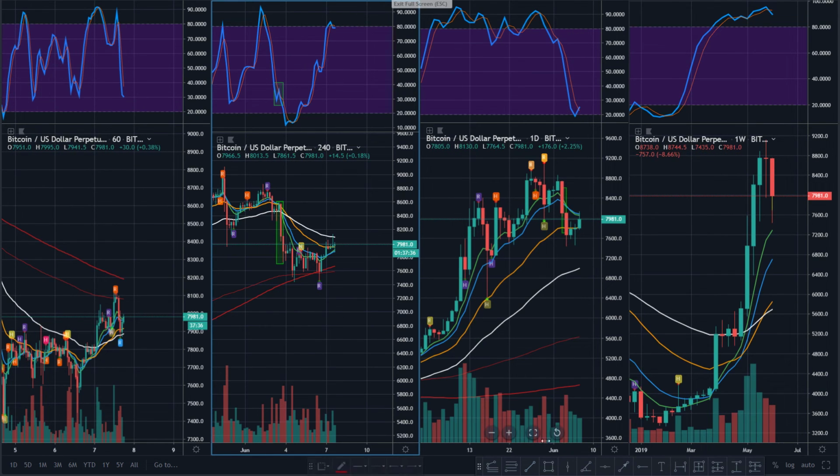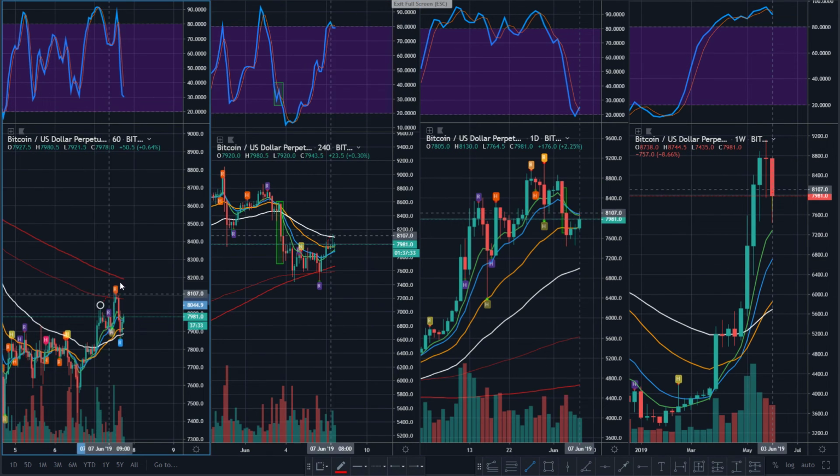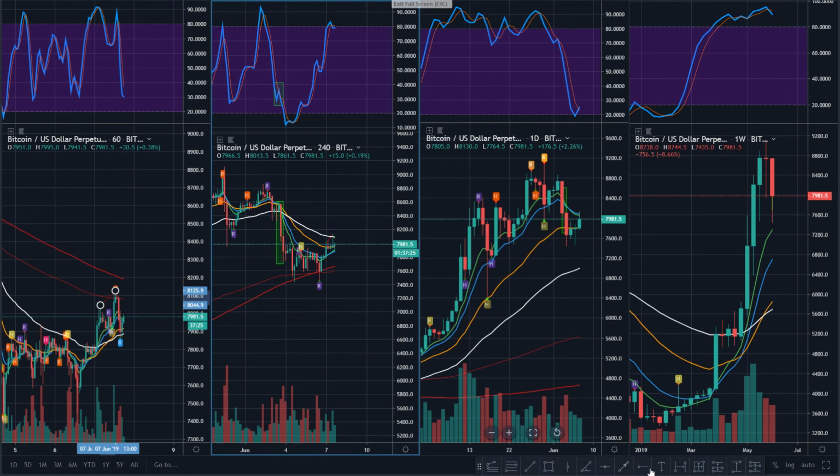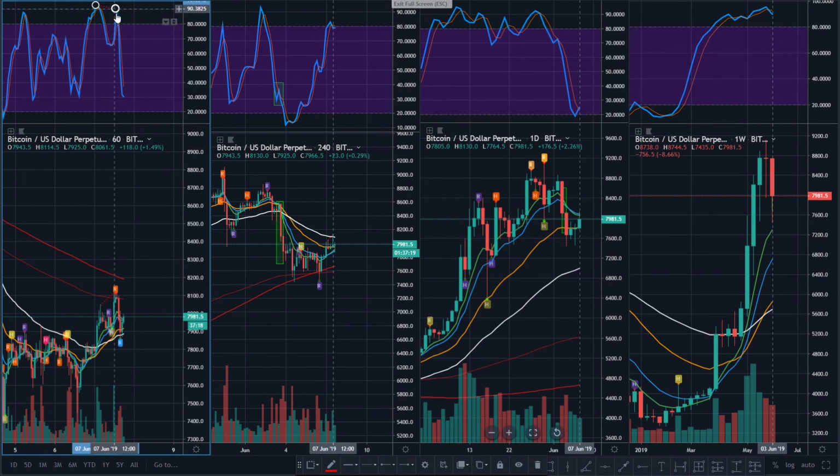Now, again, don't worry about my tool. As I always point out to you, my tool is not going to show you this all the time. You can see bear divergence much better than any computer can. I promise you that. That's just reality. So being that that's the case, what do we see? Price goes higher. Momentum does not. That is a bear divergence.